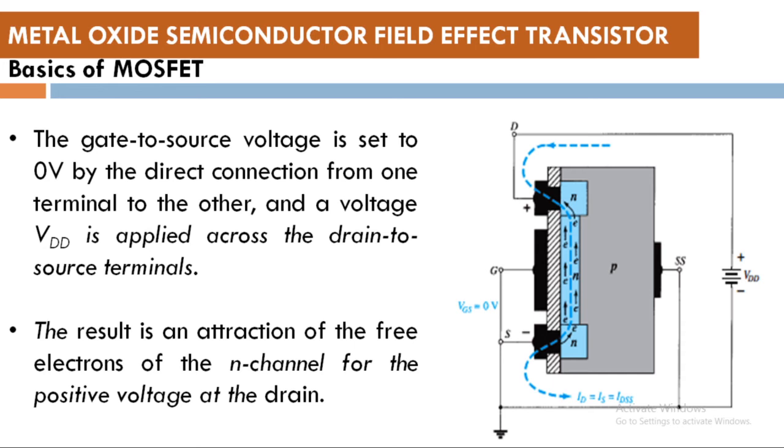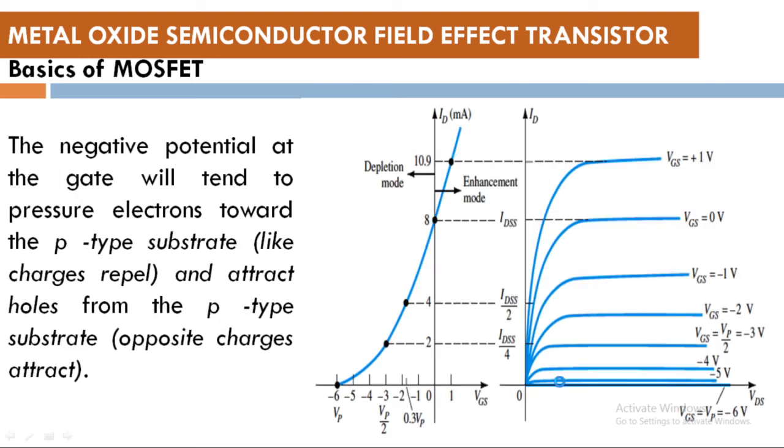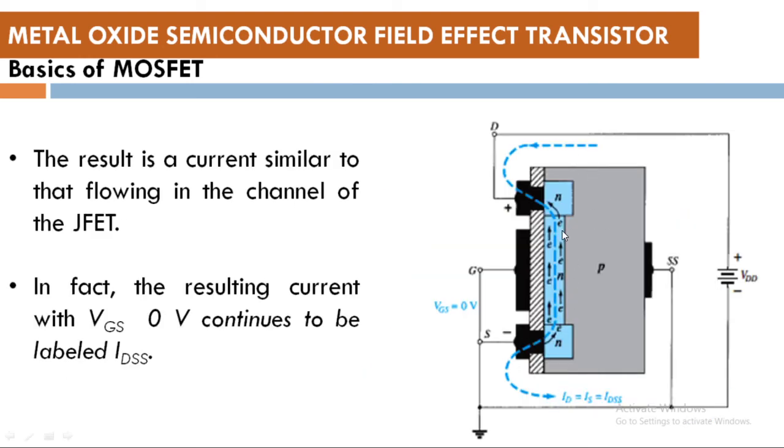Now, the more we increase the potential, this particular side of the MOSFET slowly gets pinched off, because this section will be more reverse biased with respect to the bottom section. So this will get pinched off earlier, and when we apply a negative potential at the input, what happens is